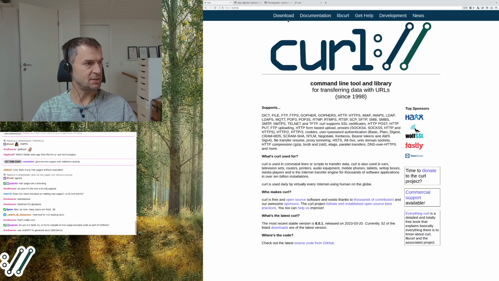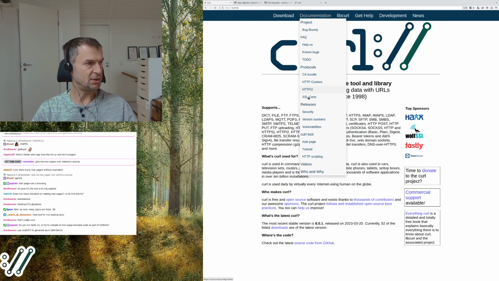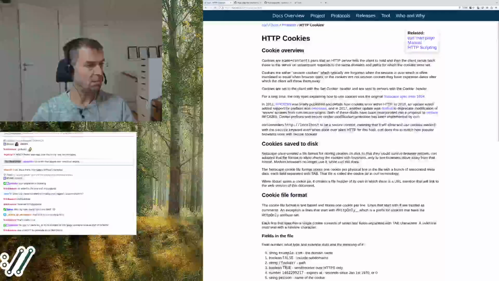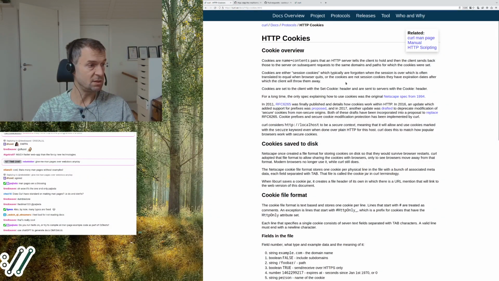And then if you go to the documentation, you can see that we have a lot of other docs. We did this update to the cookie documentation, right? That's a markdown file that is present in the source code tarball, pretty much. And if you go to the website, you can read the HTTP cookie docs. This is the markdown converted to HTML and visible on the site, right?